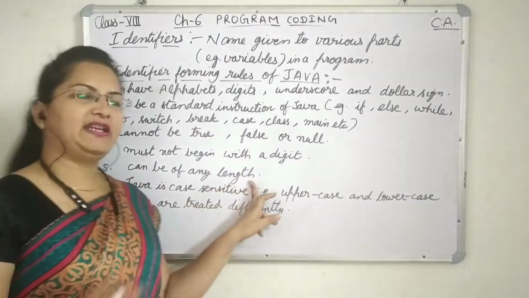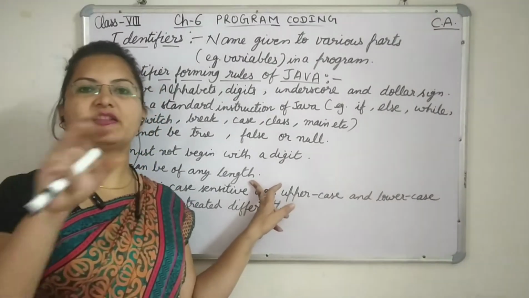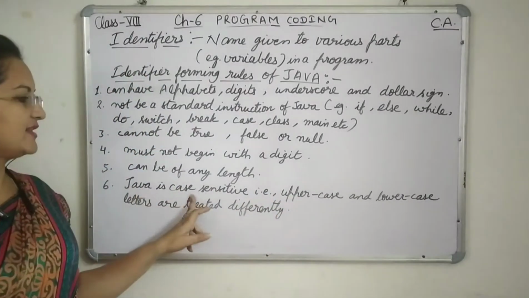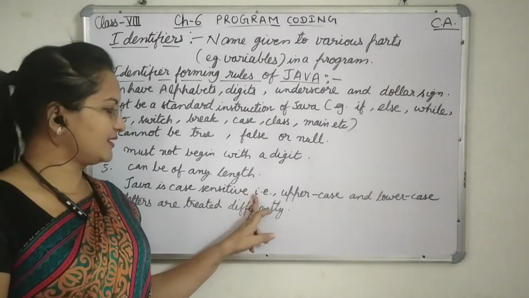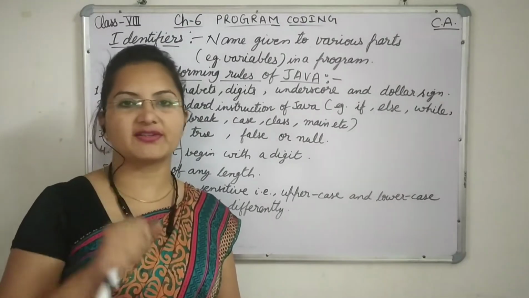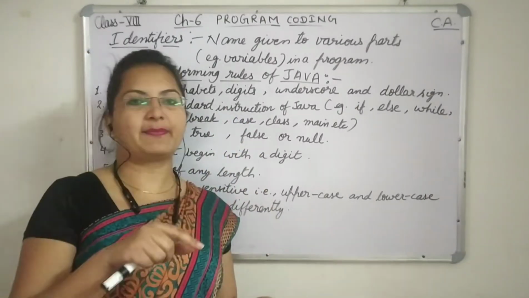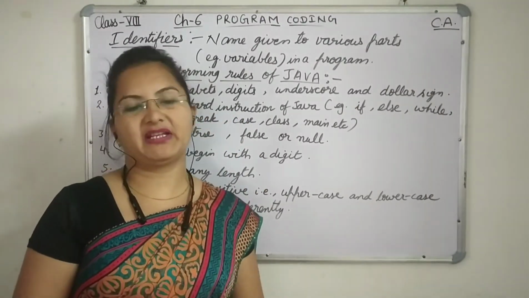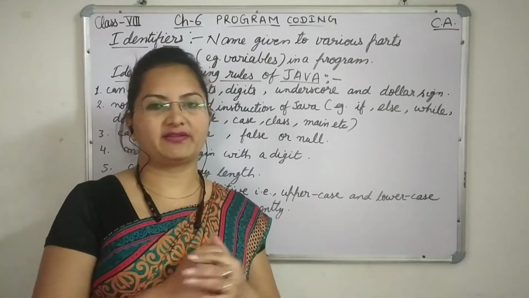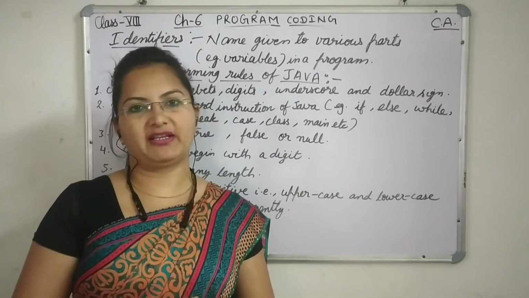It can be of any length. You know very well there are very lengthy words also. We can say Andaman and Nicobar Island. That also you can use as an identifier. Then Java is case sensitive. That is, uppercase letters, meaning capital letters, and lowercase letters are not considered the same. I told you that you can use alphabets, that means you can use both capital and small letters. They have different meaning in Java. Capital letters are considered capital only and small letters are considered small. Like if we take capital A and we take another variable small a, both are different variables.